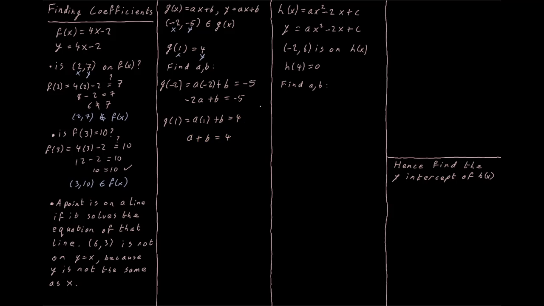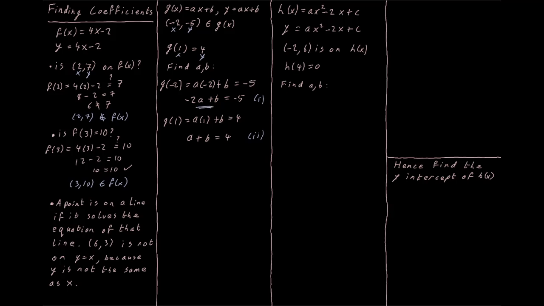Well, yep, I ended up with two equations and two unknowns. So I can solve them simultaneously. Now I could do that by substitution or subtraction. In this case, I'm going to do it by subtraction because if I subtract this equation away from this equation, I'll end up with an equation that only has a in it. So that's what I'm looking for: simultaneous equations by subtraction. I'm going to write down my two equations and say, well, if both of these things are true, could I